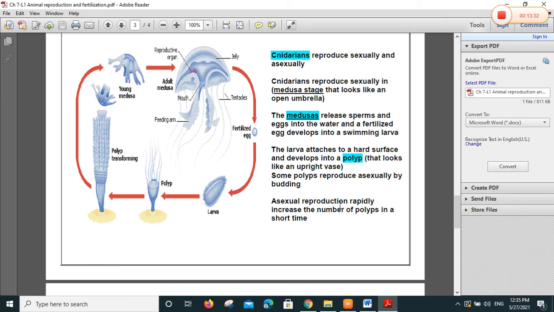This is the life cycle of the jellyfish. Start with the adult. The adult releases cells, and the different cells combine and fertilize. The sperm fertilizes the egg and produces larvae that develop into polyps. The polyp can undergo both sexual and asexual reproduction. Asexually, it can copy itself into a lot of polyps, or the polyp develops into a medusa that carries different cells and can undergo sexual reproduction again.